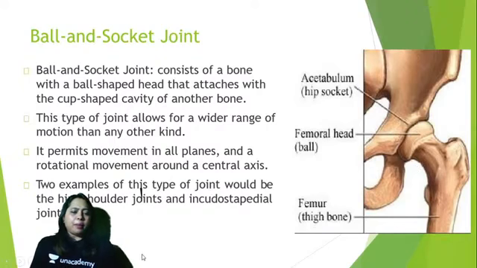Now you can give the example of hip joint, shoulder joint. These two are the ones which are better asked, and you can also give the joint between the incus and the stapedius, two small ear ossicles. Those also you can give as the example. But this is again a debatable question. So shoulder and the hip joint are a good example for the ball and socket type of joint.